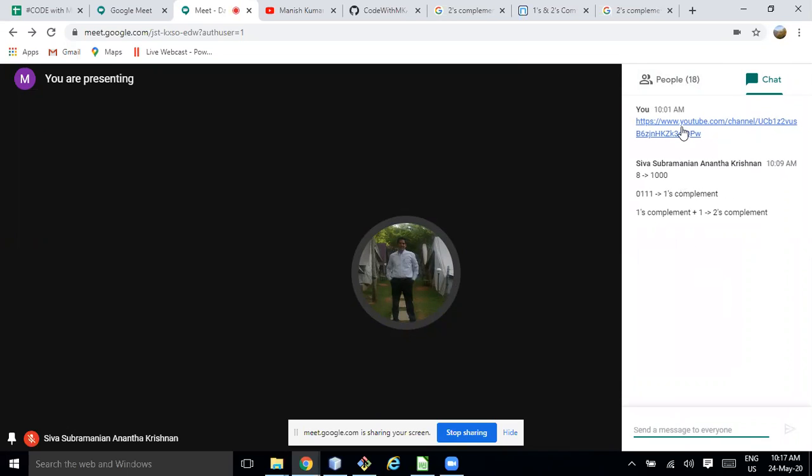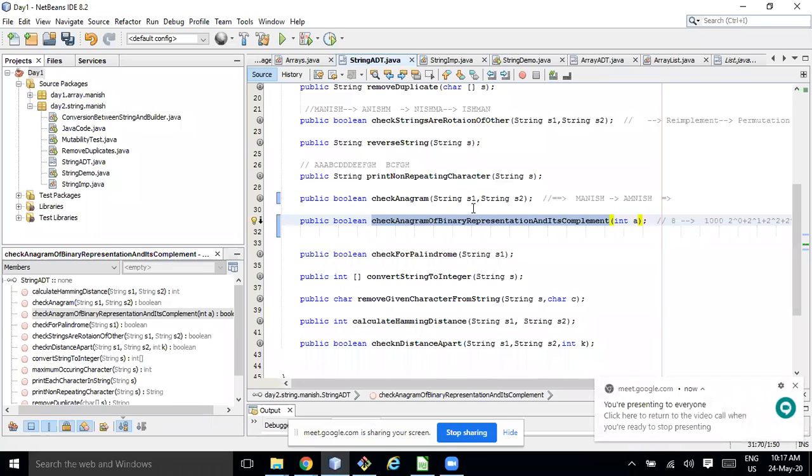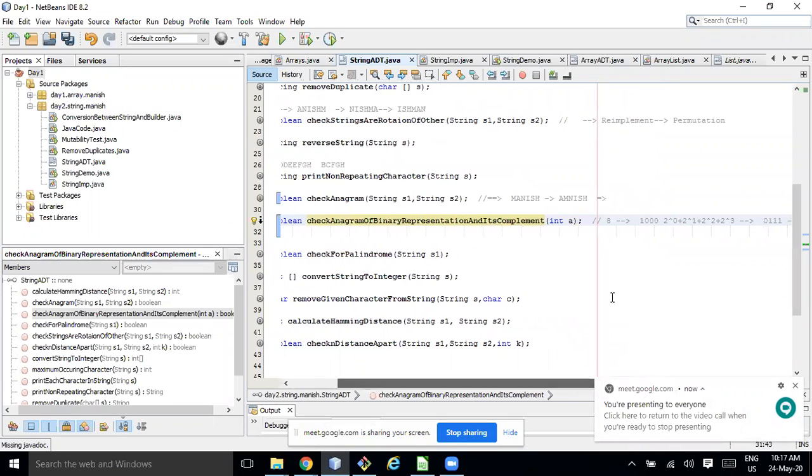Can you please summarize it again? I didn't understand the task. Sure. You have an integer, and you have to convert that integer into binary format. So I had one integer as a parameter, 8. I converted it to binary, and then you have to convert it to its 2's complement.